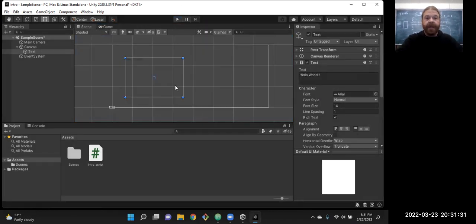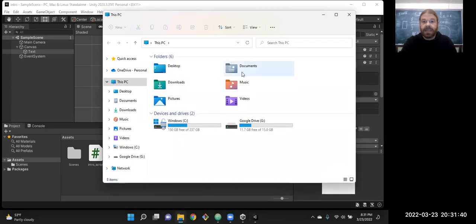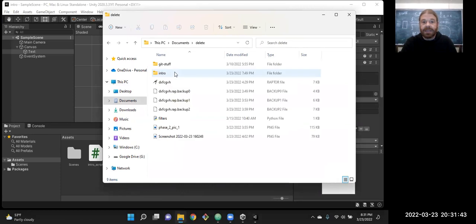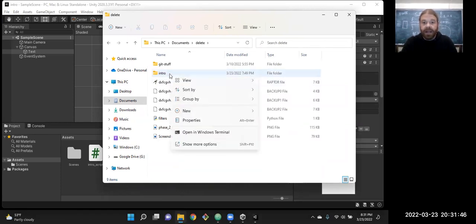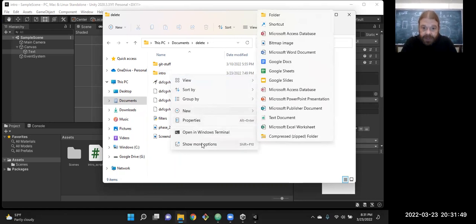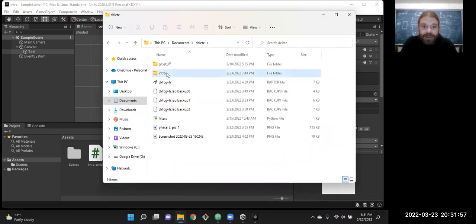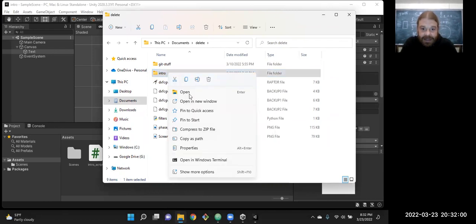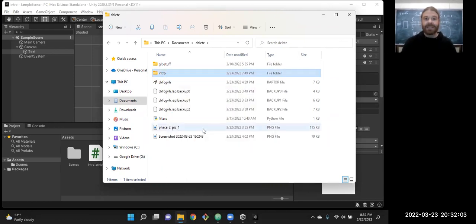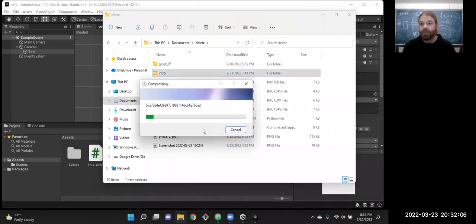And when you're done, when you're ready, just save everything. Our script is already stored in the folder with the whole project. You'll come over to documents or wherever you stored it and just zip the folder. Where's zip folder at in Windows 11? I guess I haven't done that yet. Oh, that wasn't selected. There it was. Compressed zip folder. So zip up the project and then send me the whole project. So the very top level,